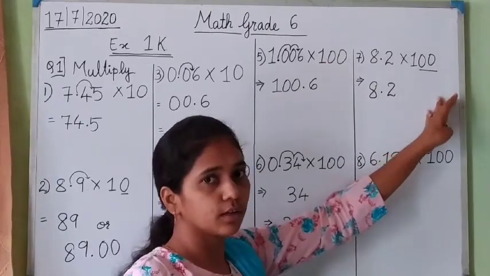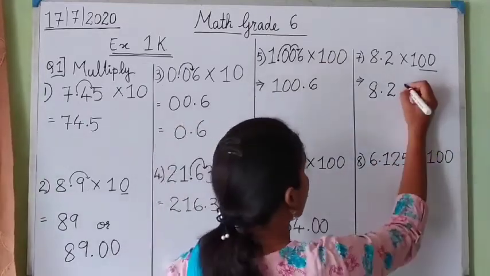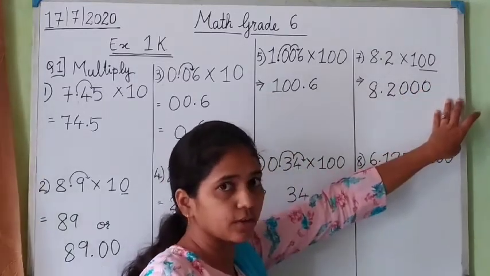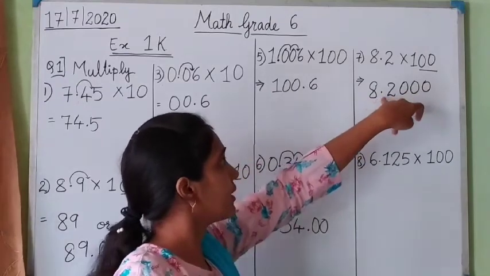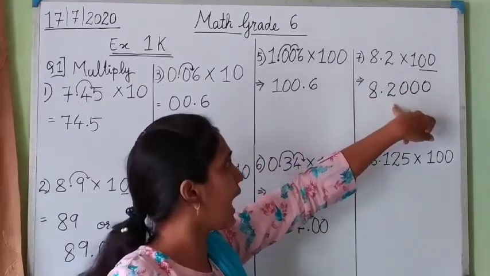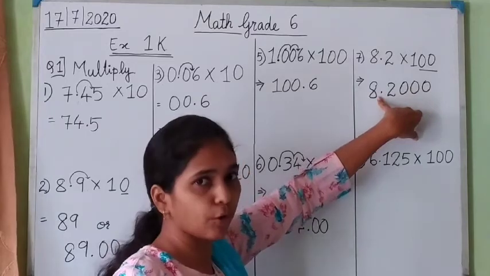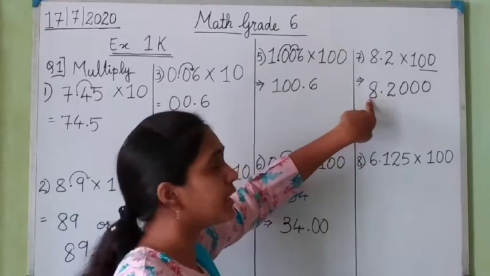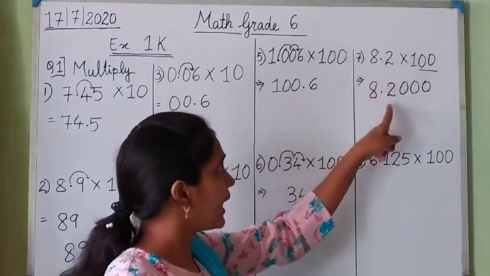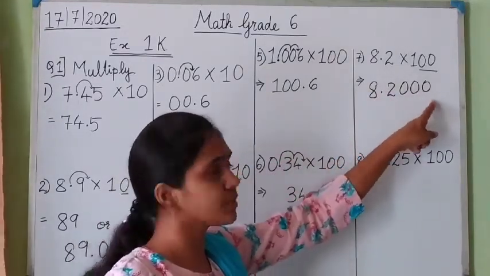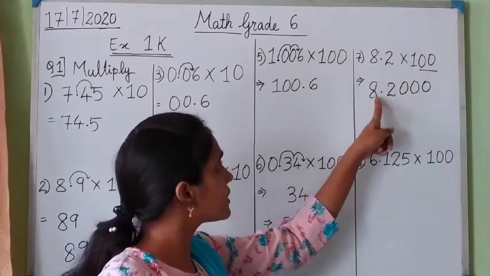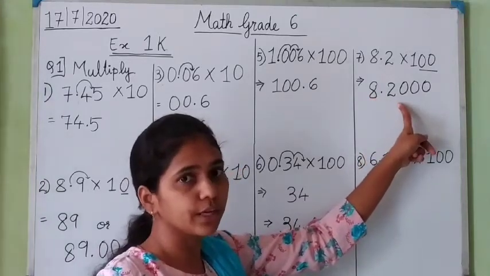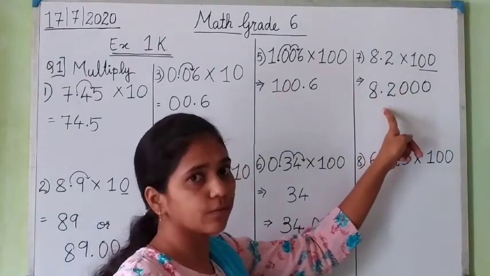There is what after 2? If there is no number, that means there are any number of zeros after 2, and this number of zeros goes on increasing. If we add zeros after a number which is after the decimal point, it does not change the value of the given number. If we are putting zeros after 2 in this number 8.2, the number remains 8.2.